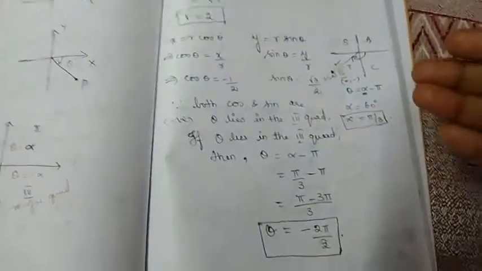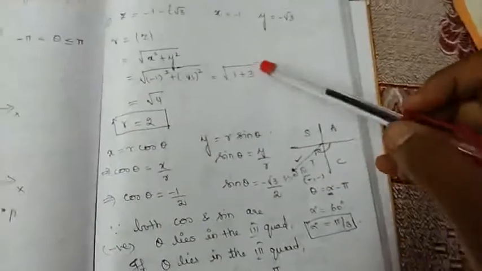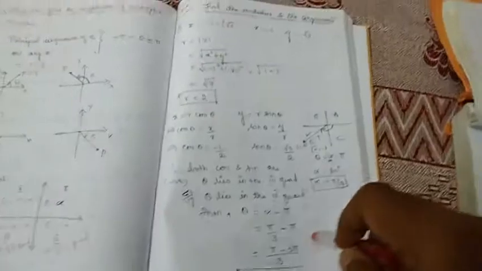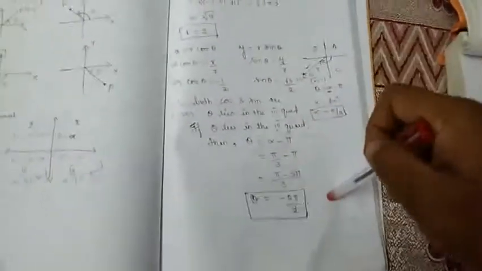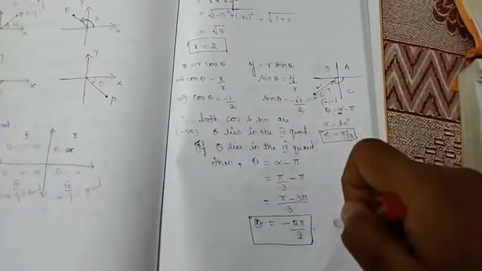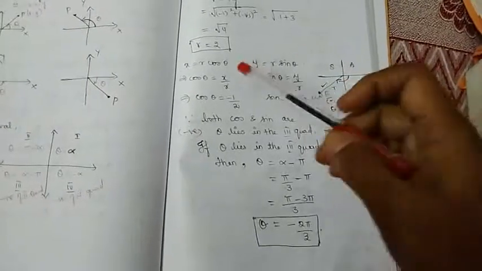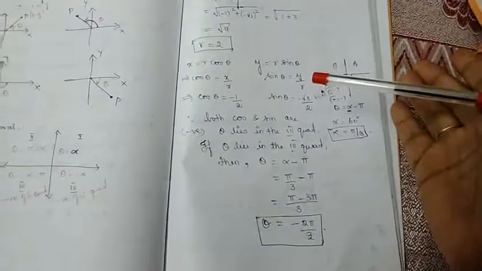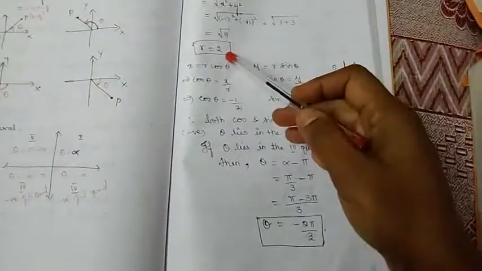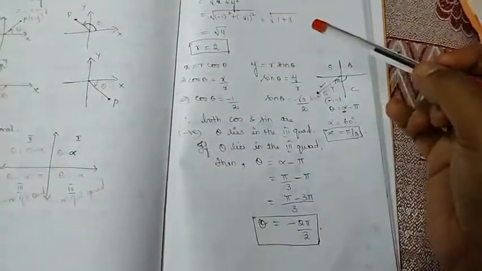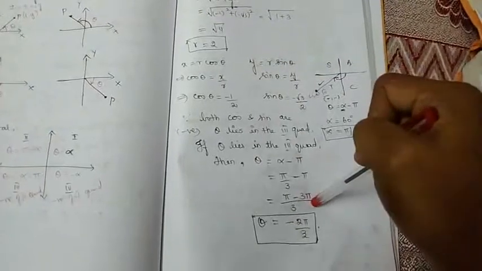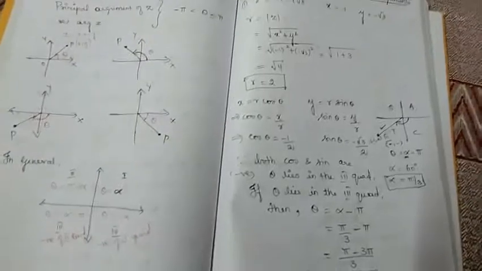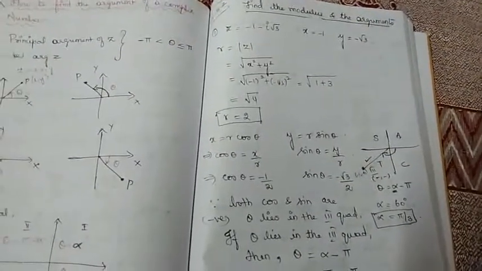Hope you recalled, right? So this is how you have to find the modulus and the argument of the complex number. After finding this, suppose they ask you to express it in the polar form, you can write, because we know z is equal to r into cos theta plus i sin theta is the polar form. So we will express it as 2 into cos minus 2 pi by 3 plus i sin minus 2 pi by 3, which is the polar representation of the given complex number, right?